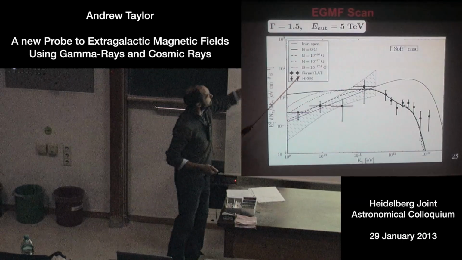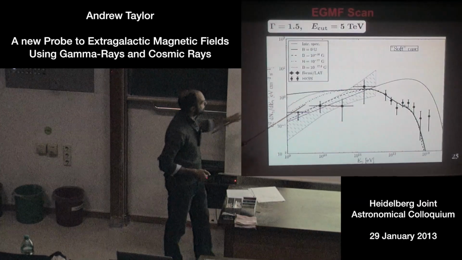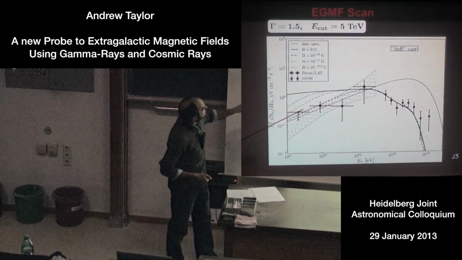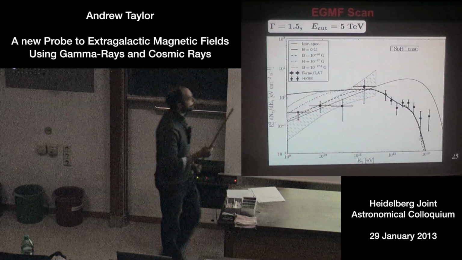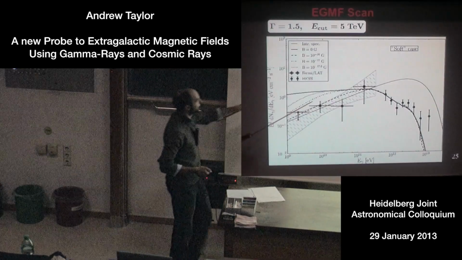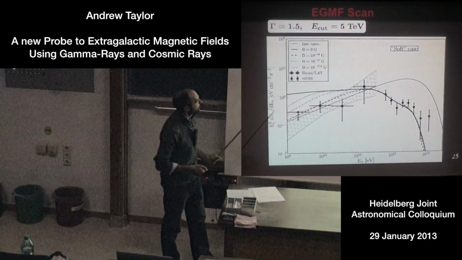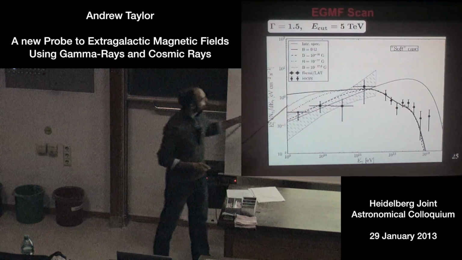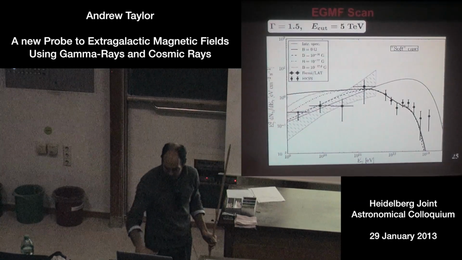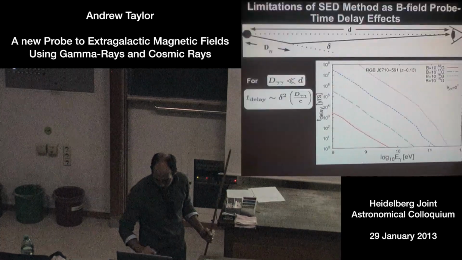So 10 to the minus 17 Gauss would be this line here. 10 to the minus 17 Gauss is around this line here. And this is 10 to the minus 16 Gauss. In terms of the constraints, you can't really rule out this line here. This is a borderline case, but it's still acceptable within 3 sigma. But you can exclude this line here. So 10 to the minus 17 Gauss is essentially where the limit sits, and a field weaker than that would be a problem.